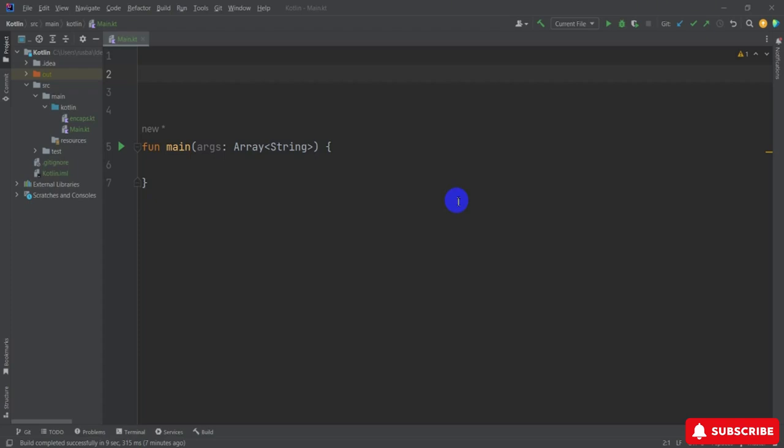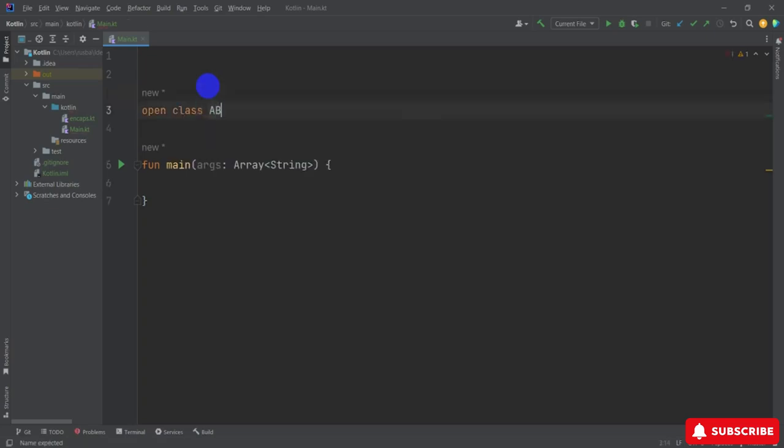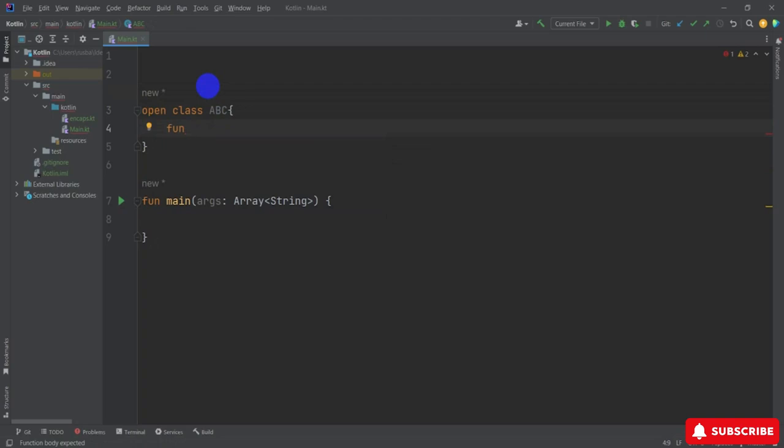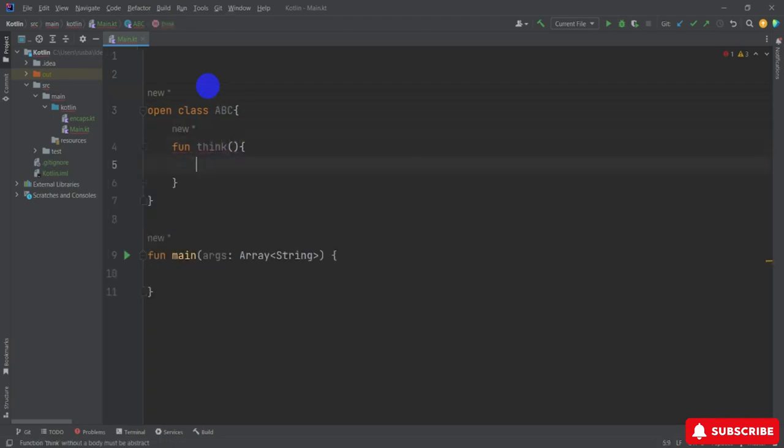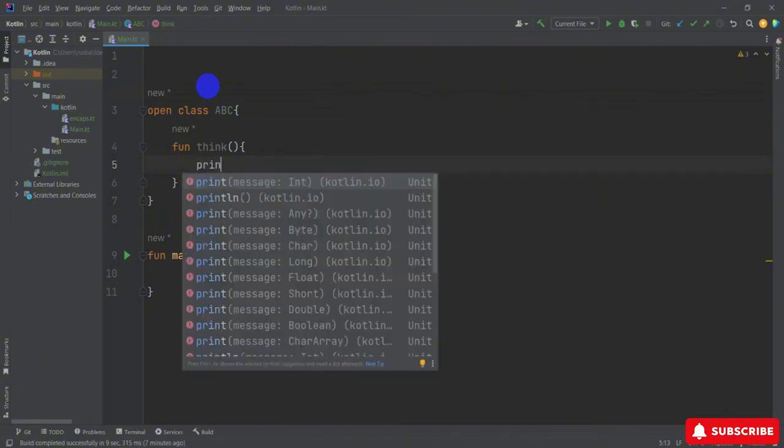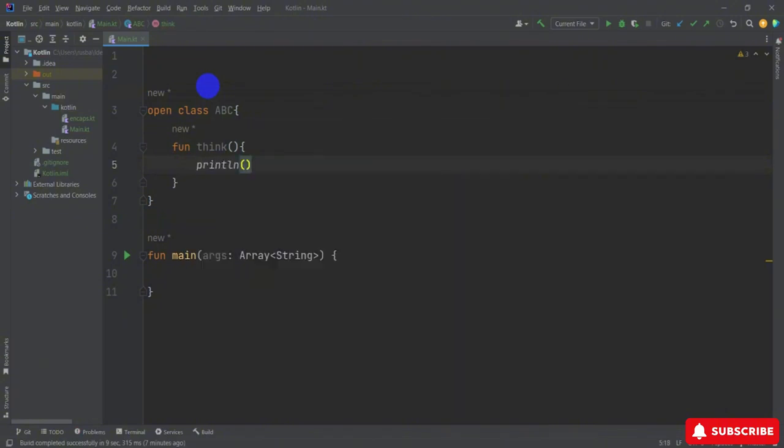Okay, so first of all I'm going inside this code, and here create the open class. Okay, open class ABC. Okay, and I create the curly braces. So inside this, first of all type fun, suppose it is ink. Okay, and create the parentheses and also create the curly braces. So now here inside I use the print function, and inside the print function I create the message: hey,